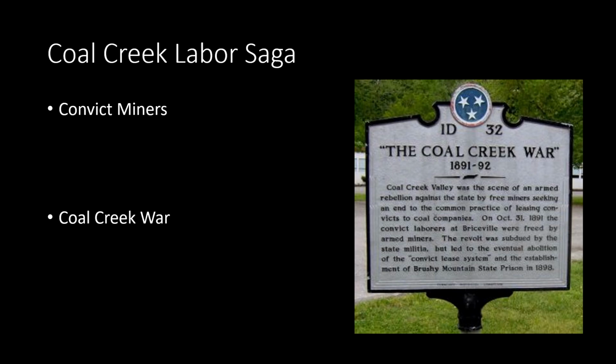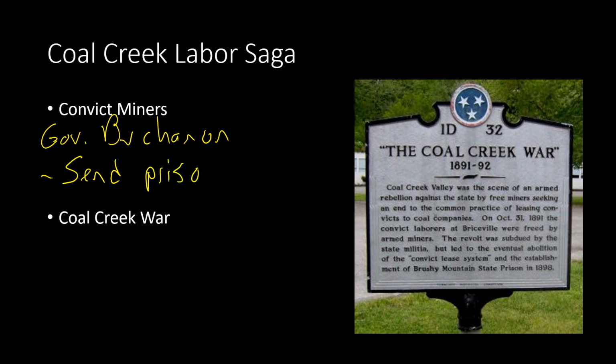So they contact the government in Tennessee, and our governor at the time was named Governor Buchanan. He comes up with what he thought was a genius idea. Governor Buchanan says, look, here in Nashville, I've got a bunch of convicts, a bunch of prisoners. They don't have anything to do. I'm going to send prisoners to you to mine your coal. You don't have to pay these prisoners. They're serving their sentence for the crimes they committed. Let's just let them mine the coal while these workers are on strike. So, I mean, nothing could go wrong there, right?